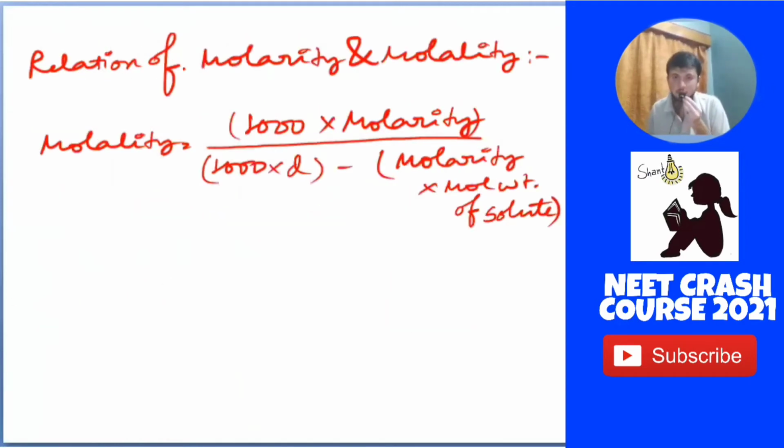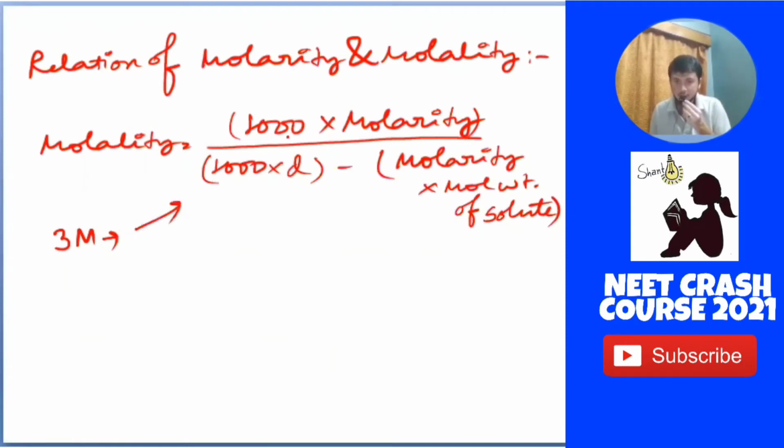So now let us see the relation between molarity and molality, because in NEET this question is frequently asked. They will give you some value of density and also some value of molarity or molality, and they will ask you to conclude the opposite thing, that is the molarity or molality. So let us see the question: 3 molar is given. Now they have asked how much molal, or what will be the molality of this solution. So how are we going to conclude that? That is through this formula.